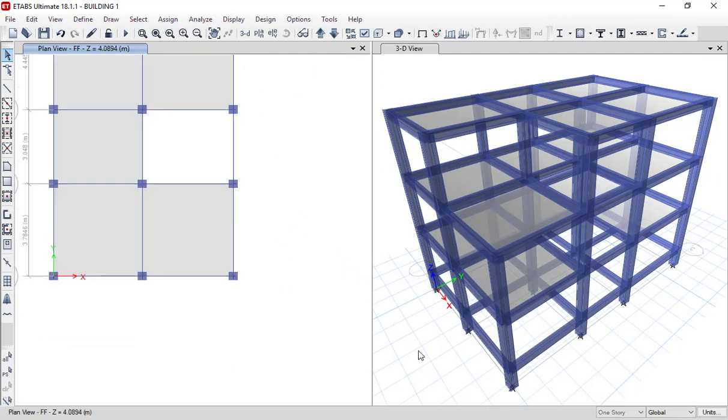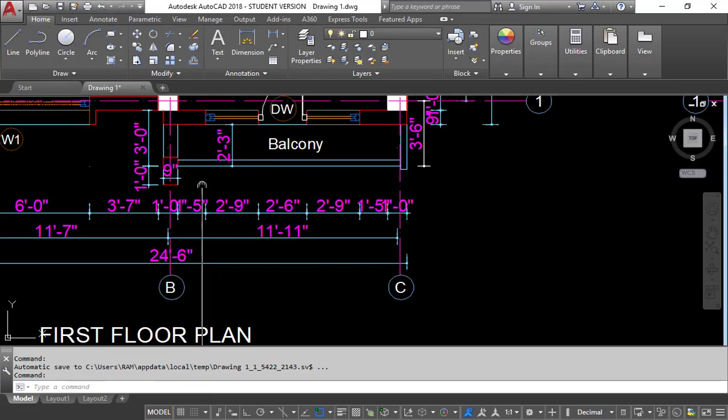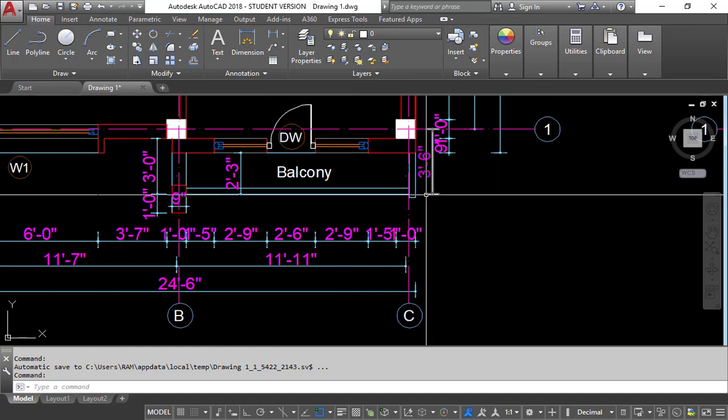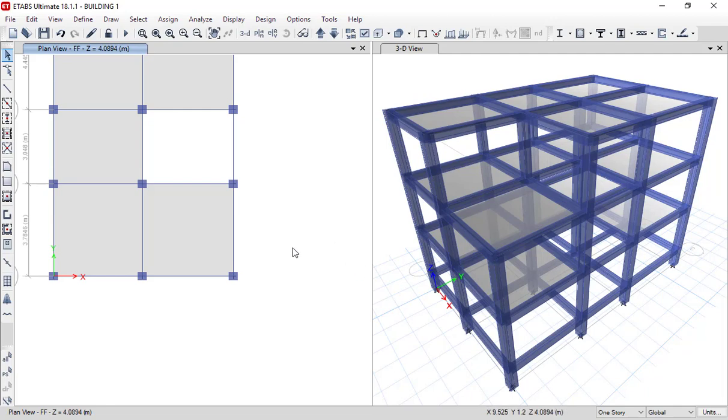Now in the first floor plan view we have the balcony slab which is at a distance of 3 feet 6 inch from the center of the column. Unlike our standard method, we can also create the grid at this point and create the slab, but that will be a tedious method, or more grids will make our model much more complex.